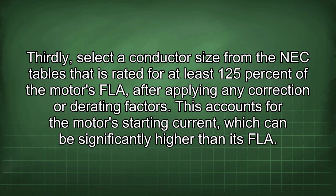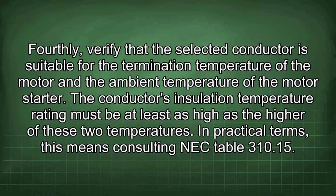Thirdly, select a conductor size from the NEC tables that is rated for at least 125% of the motor's FLA after applying any correction or derating factors. This accounts for the motor's starting current, which can be significantly higher than its FLA. Fourthly, verify that the selected conductor is suitable for the termination temperature of the motor and the ambient temperature of the motor starter. The conductor's insulation temperature rating must be at least as high as the higher of these two temperatures. In practical terms, this means consulting NEC Table 310.15